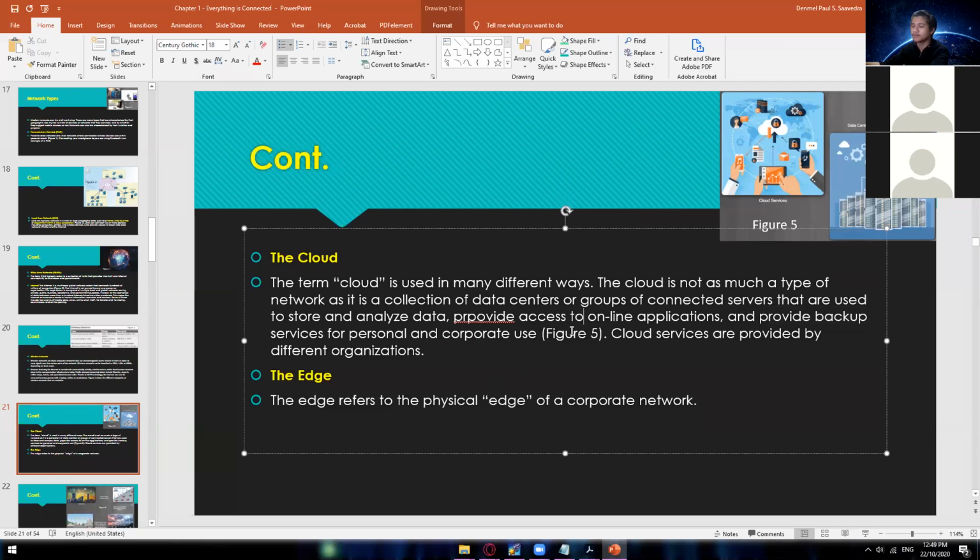Corporate. So cloud services are provided by different organizations like Amazon, Google, Microsoft, and so on and so forth. So napakaraming cloud providers na pwede mong i-avail. Okay? Next one is the edge. So the edge refers to the physical edge of a corporate network. So ito, very straightforward. Kapag sinabi nating edge, connected siya sa isang LAN, okay, wherein, let's say itong LAN connection